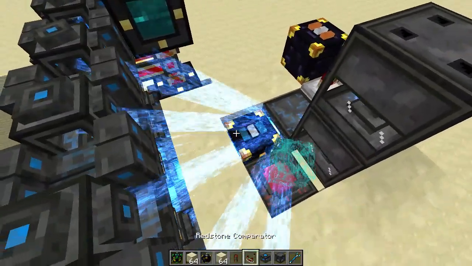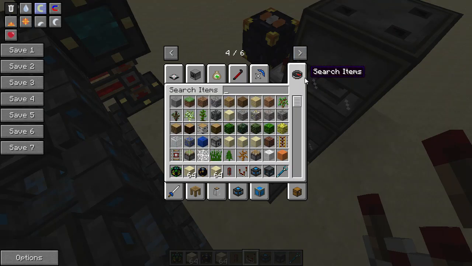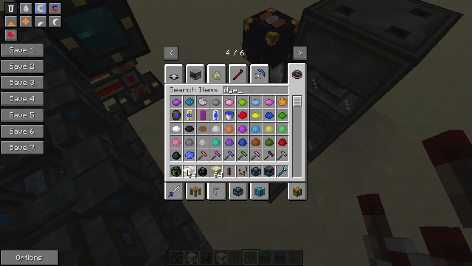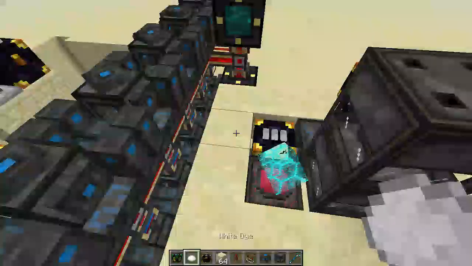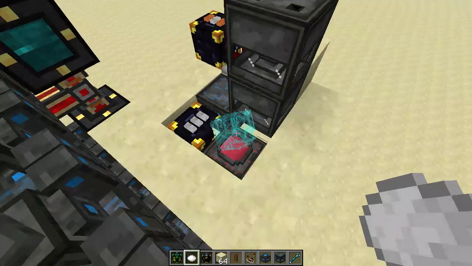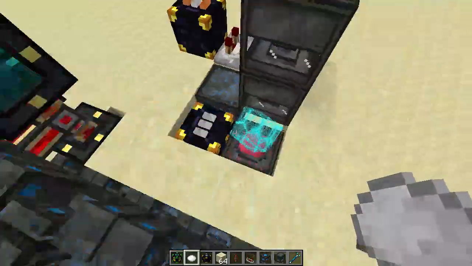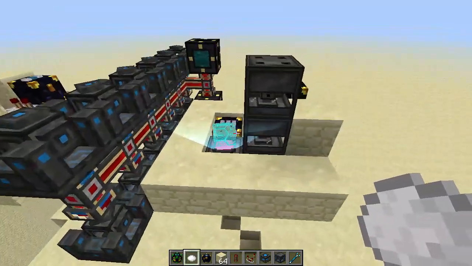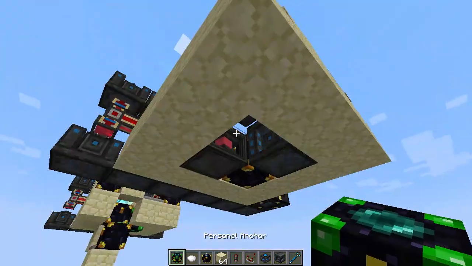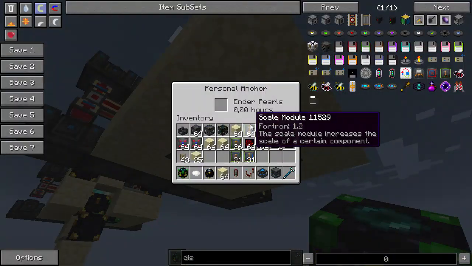Grab yourself an ender chest, set it up for the right output. I'm just going to use a complete white one because that's where we set up the collection. And because it's next to this force field projector, it detects the chest and it will put everything inside the chest. And then last, for these 4 blocks, we're going to put in our chunk loader in this last spot,